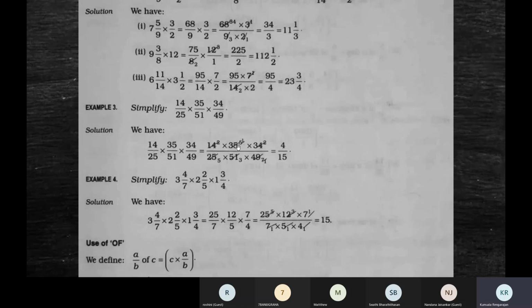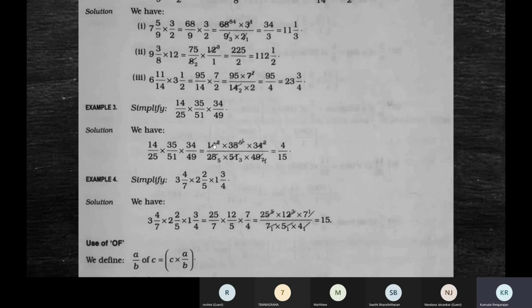What I was trying to say is, now you can continue the cancelling process. Now, for example, after cancelling, suppose you have 5 in the numerator and 10 in the denominator. You can again take up 5 and 10 and cancel them further. You simplify them once, and you can again take up that 5 and 10 and simplify using the tables of 5. It's not that you should do it only once.